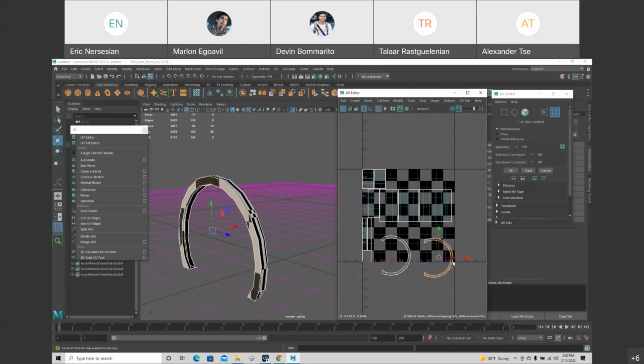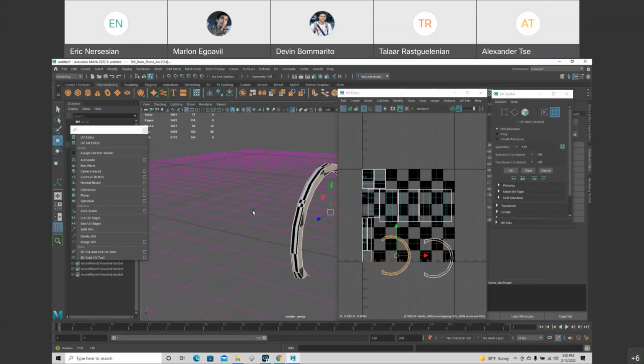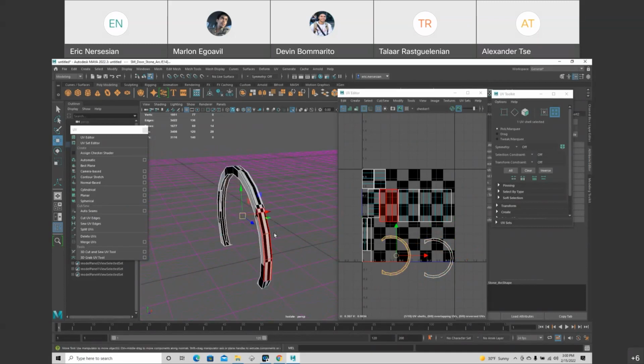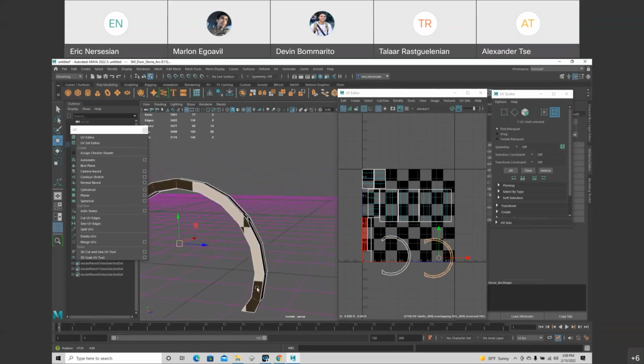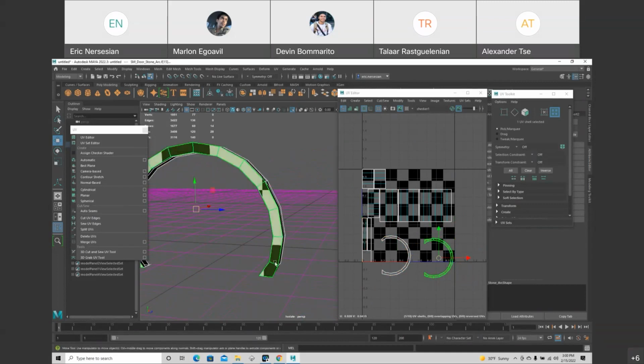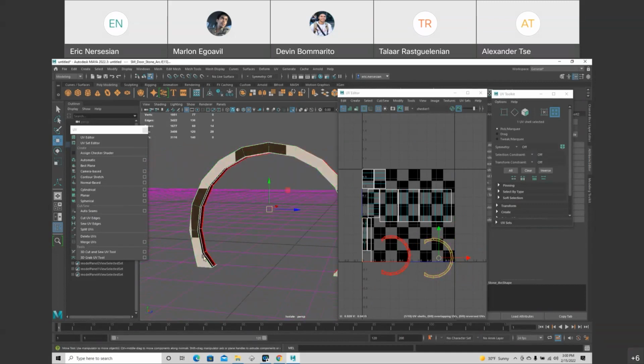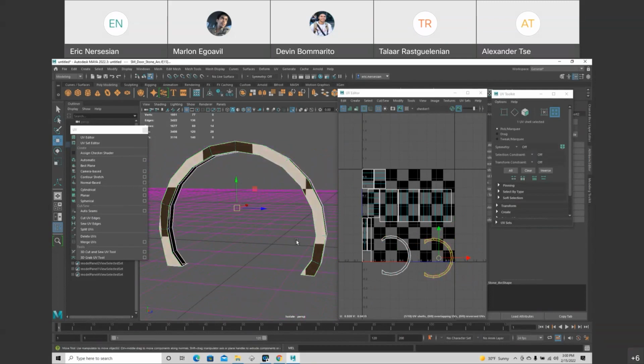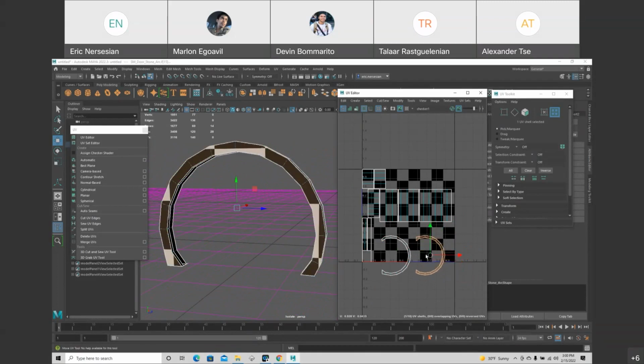But this is the front of the archway, and this is the back over here. These are two nice big pieces. They already were cut up nicely. It starts at this face down here, comes all the way around to this part. That's good. Maybe sometimes you want to cut it in the middle and you want one big half and then one big half. It all really just depends. But this works out really well for me. And so this one and this one are good. I don't really need to do much more to it.